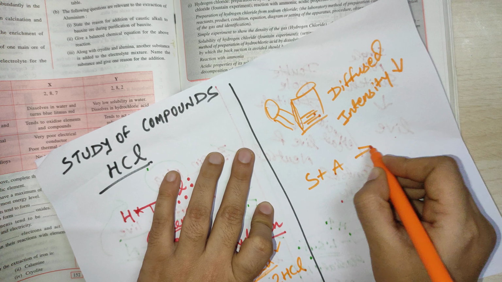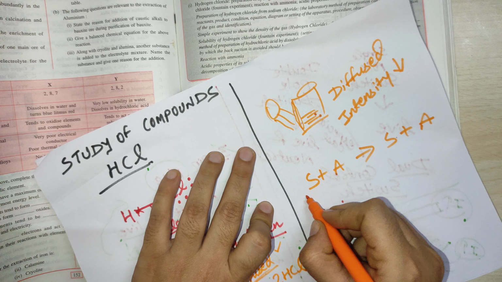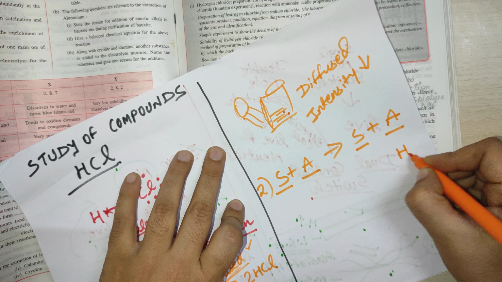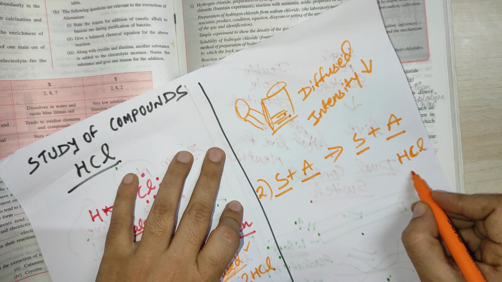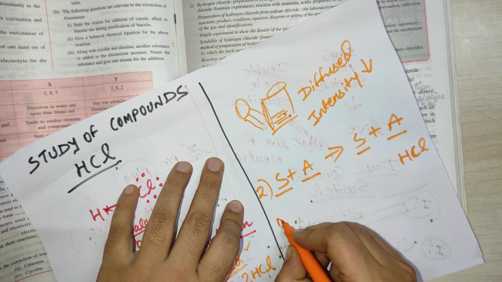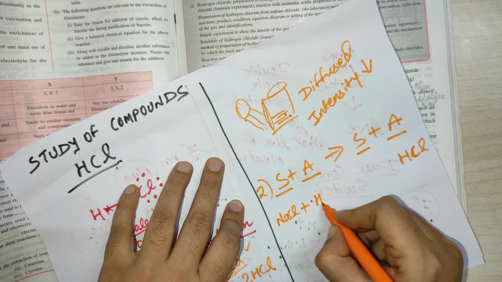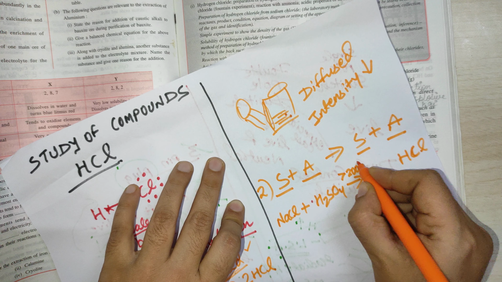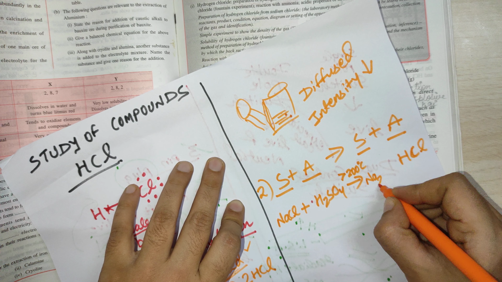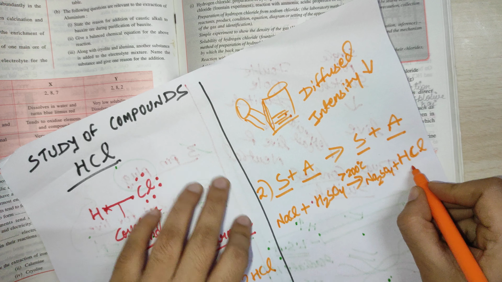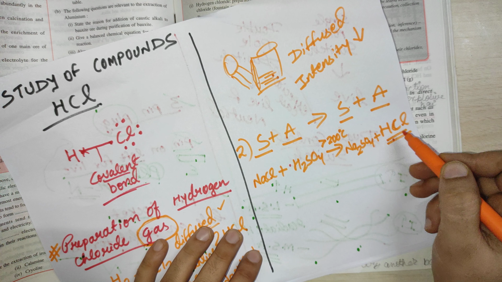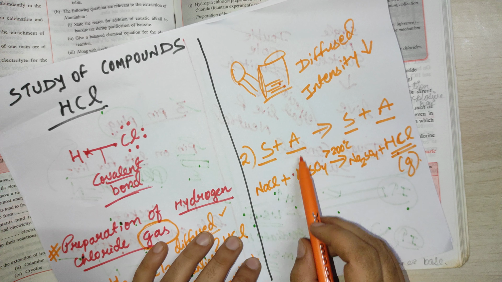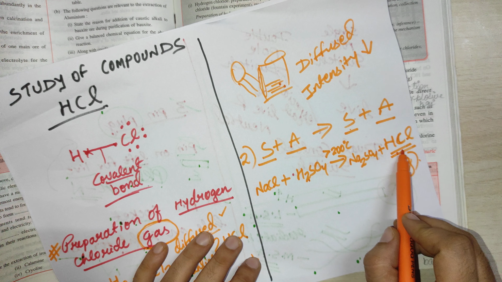For that you can remember one trick. S plus A will give you S plus A. Okay. Salt plus acid will give you salt plus acid. We need to prepare acid HCl. Okay. For this HCl, we can take one salt here, NaCl, and one acid, H2SO4. So when the temperature is more than 200 degrees Celsius, we get one salt, Na2SO4, plus HCl. Here this is not an acid, this is the gas that is produced. So salt plus acid is giving you another salt plus acid.